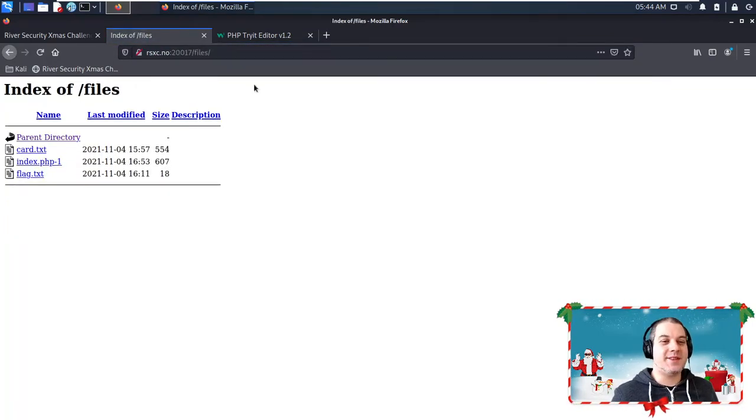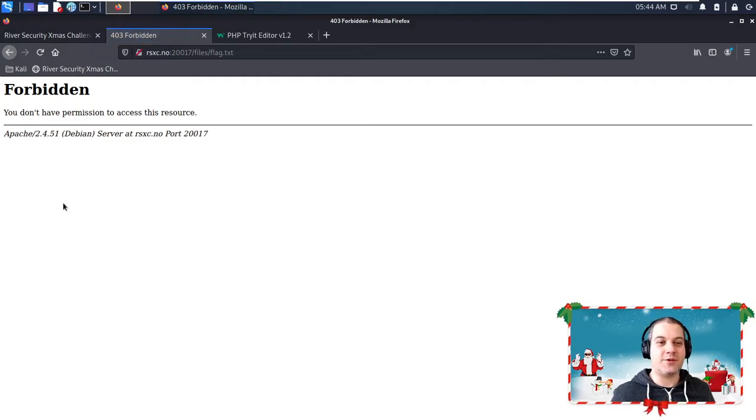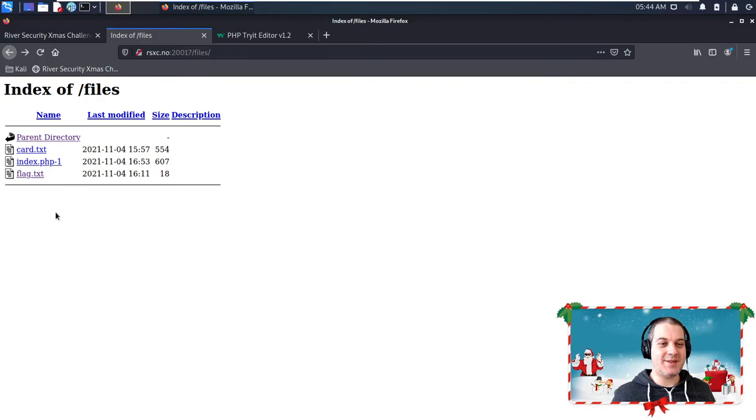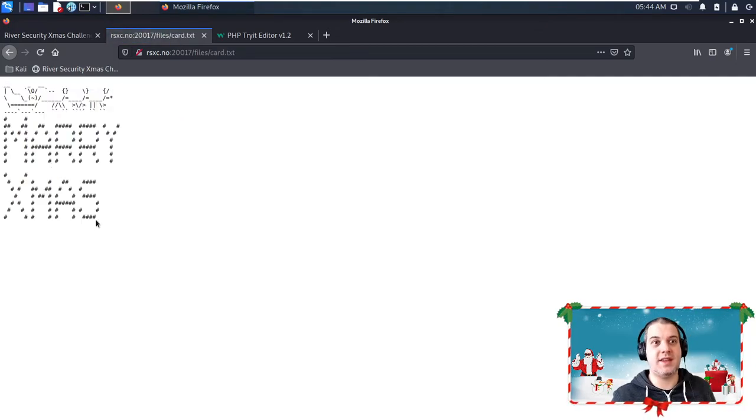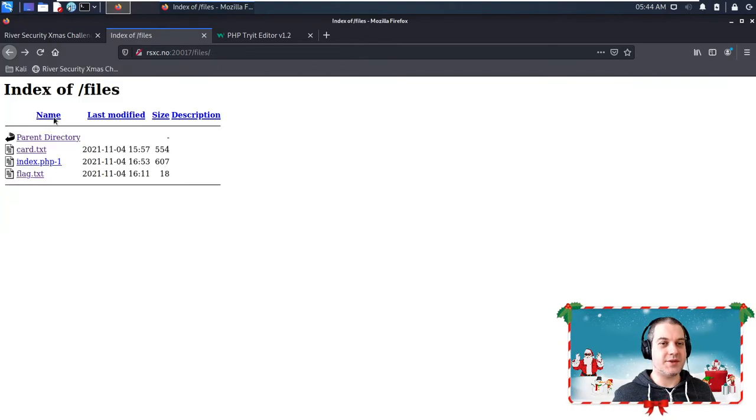And there's a directory listing here. You might get very excited to see flag.txt is over here, but when you click on it, fortunately, you don't have the rights to access this file. So there is no easy way to get the flag for this challenge. We also have card.txt here, which is just the ASCII art text file that we saw when we visited the original page. And we also have here